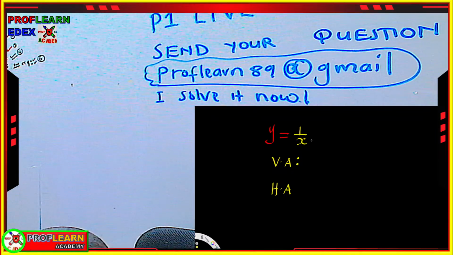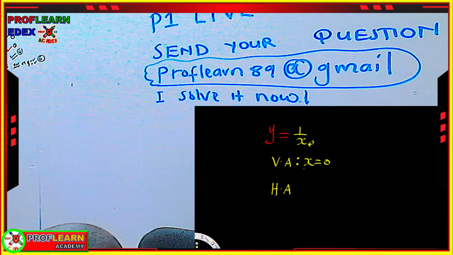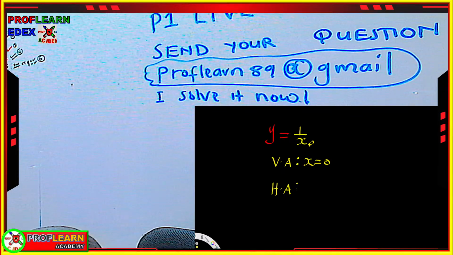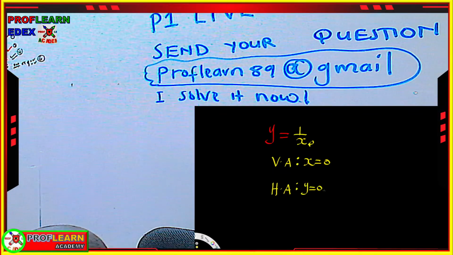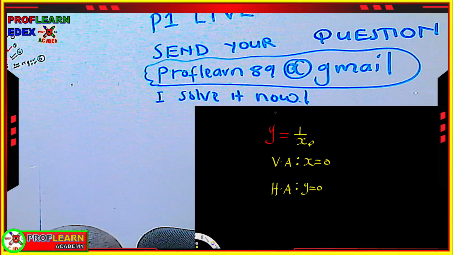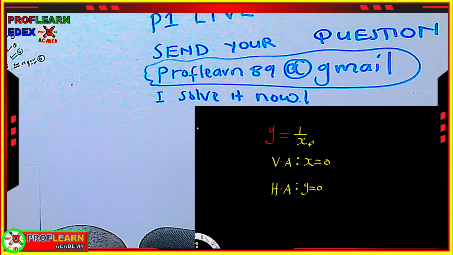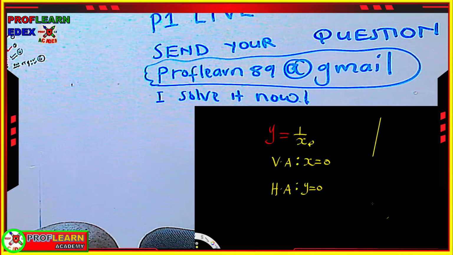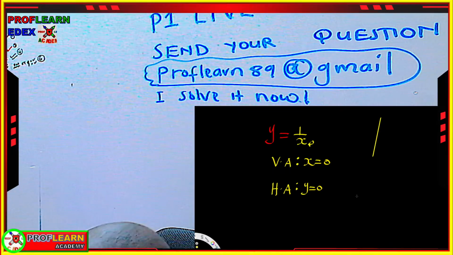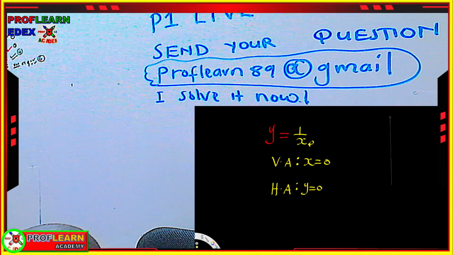So meaning you take this part here, you equate it to 0, and you say x equals 0 is a vertical asymptote, and also y equals 0 is the horizontal asymptote. At that particular point, once you've identified that, you now need to draw the y and x axis. So we're going to draw this graph